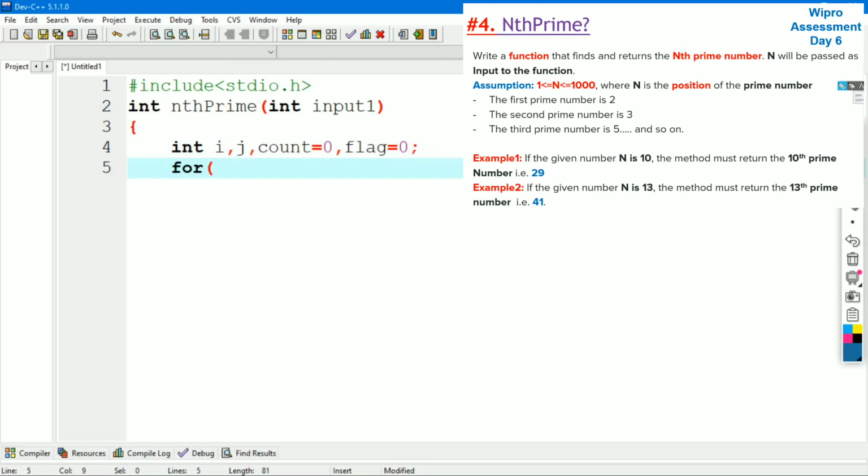Let's start the for loop: i equal to 2, i is greater than 0, i plus plus. After that, flag equal to 0.